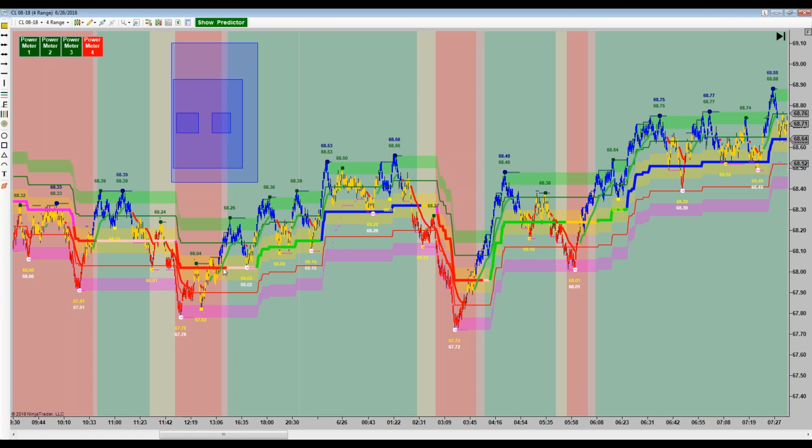So for instance, one of the more prominent things on here is this band. We have a mid band and 4 bands above it, 1, 2, 3, 4, and 4 bands below it, 1, 2, 3, 4. And we'll explain how you trade those in just a minute. But I'm just giving you kind of an overview. You've got background colors. Some of these play into your decision making as far as trading goes, and sometimes they don't. Whenever they don't, is what we're going to address now, which is how you deal with the opening hour